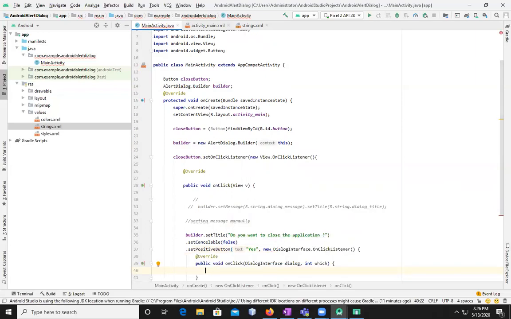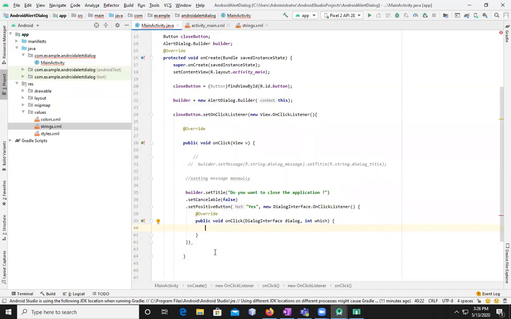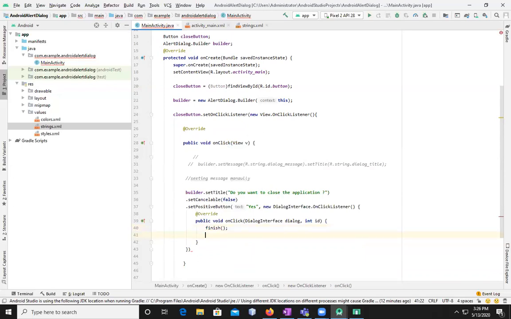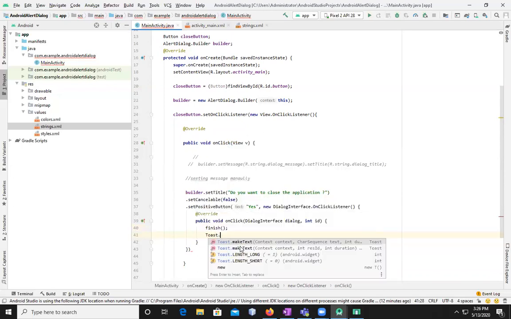Okay, and it's gonna create automatically the methods for you. Override on click dialog for interface integer, and we'll say like ID here instead of which. I'm gonna add ID. There are only 10 minutes for this particular show to finish. So ID, then I'm gonna use the method finish here,